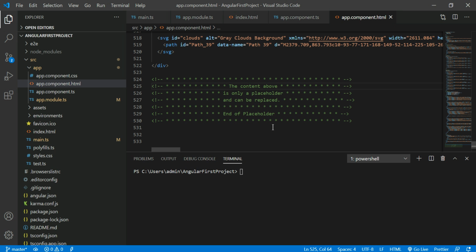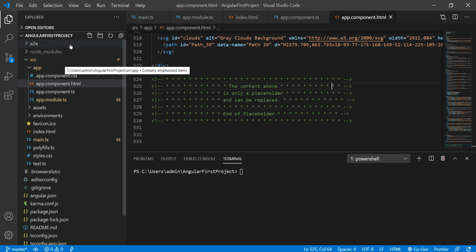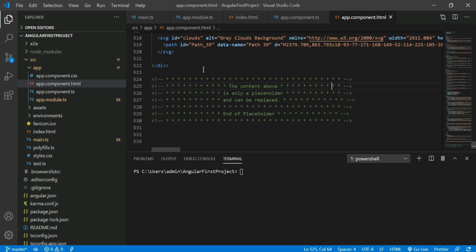Hi all. Today we will discuss how our web application gets stuck whenever I enter the ng serve command from the terminal window. So before that, what will happen? All the TS files in this solution folder under the Angular first project are converted into JS files, because the browser cannot read TypeScript files. The TypeScript files under this solution should be converted into JS files, so accordingly we can see those JS files in the browser.